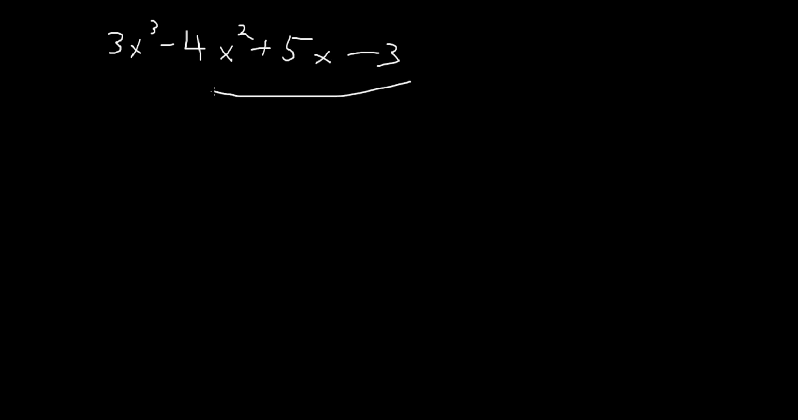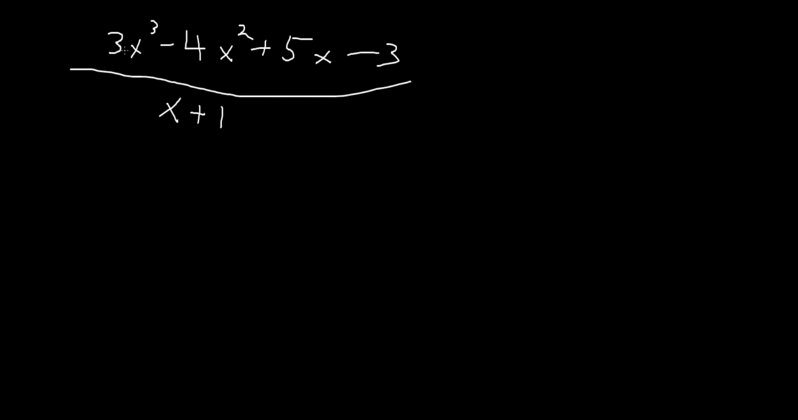So let's say I have 3x to the third minus 4x squared plus 5x minus 3, all of that divided by x plus 1. This would be a very long division problem. We'd have to multiply several times, bring stuff down several times. It's a big, long process that we would have to do. But